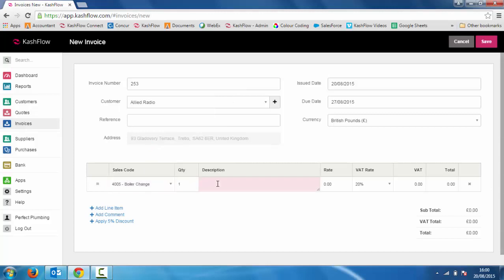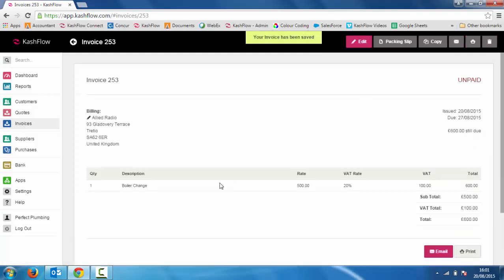And then in the description I can type in whatever I want within here. So I'm just going to put boiler change and then I can put in a value of the work carried out. And then I can just press save in the top right hand side